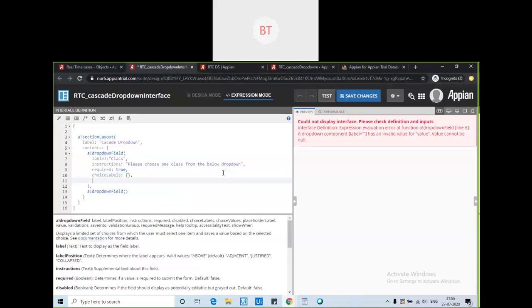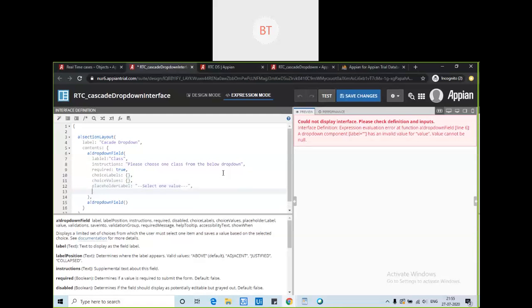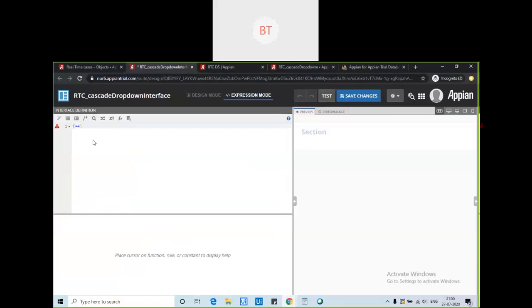Like this, and then choice values. That part I will do later. Let me just finish it. Placeholder: select one value. Okay, let me take one local variable.